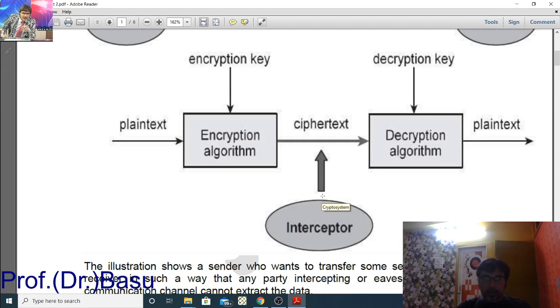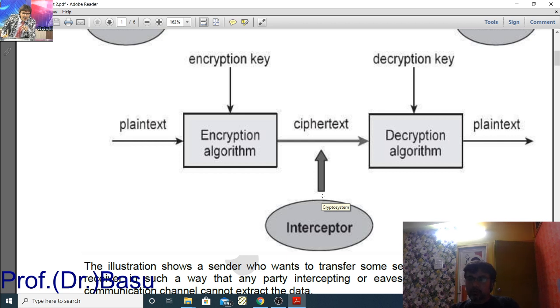See, as you know, this cryptosystem mainly involves two ends, sender and receiver. What does the sender do? The sender converts plain text with a particular algorithm and a key to generate cipher text, and at the receiving end